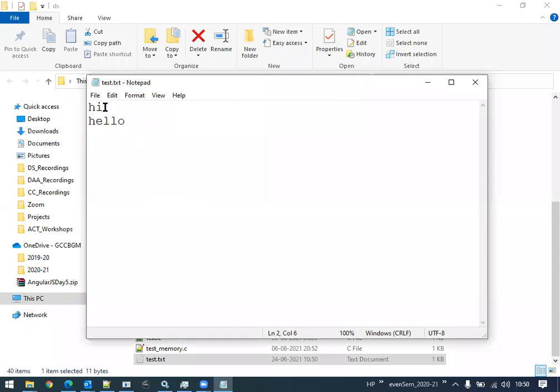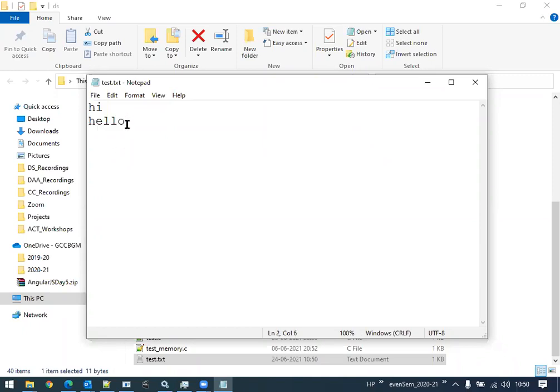Now, if I want to start reading the content using getc, I can read only one character at a time. So first I will read H, next I will read I, and next I will read a new line character, and then again H, E, L, L, O. Up to this O, I will read the content.